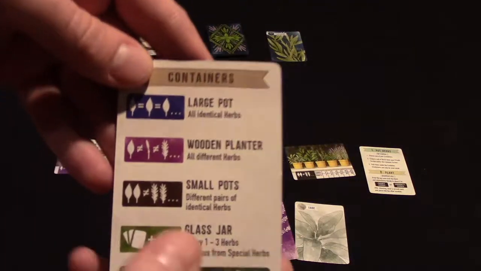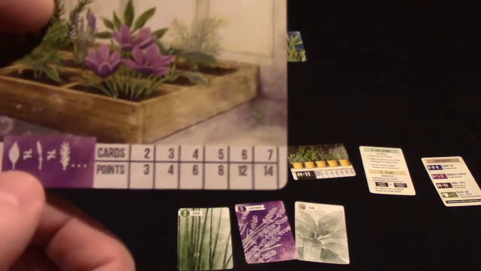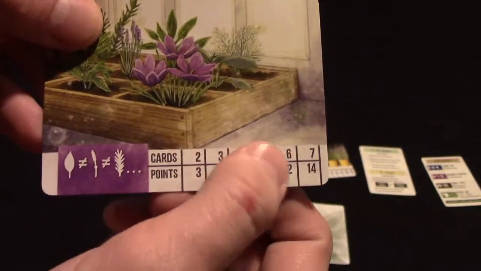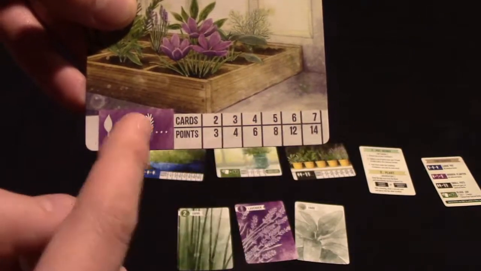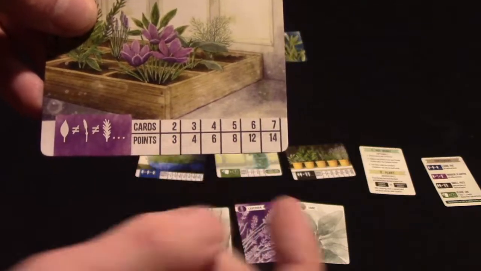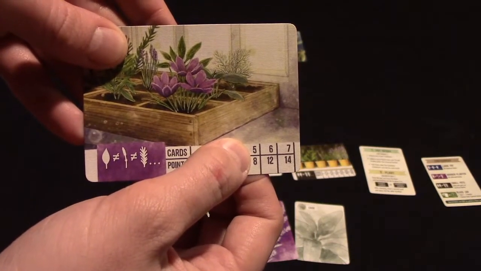And the game does come with this player aid, which does help you to see that. So for example, this one here, you want to collect a unique set of herbs. So there are 7 types of herbs in the game. Those are evenly distributed. And however many of those you choose to put in there when you score will give you points. So if I put 5 different types of herbs in here when I chose to score, I would